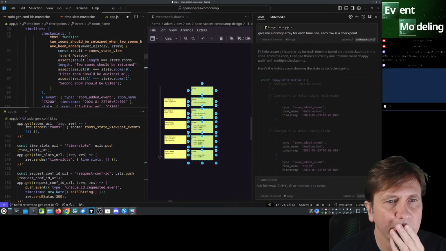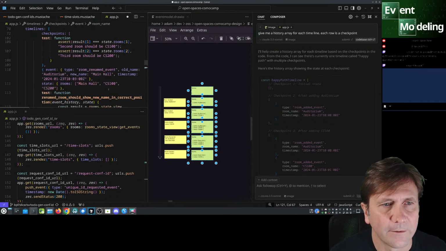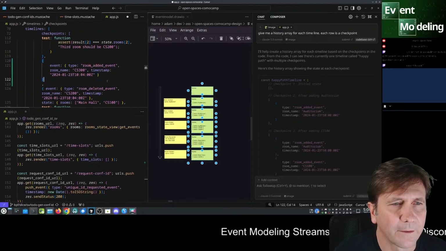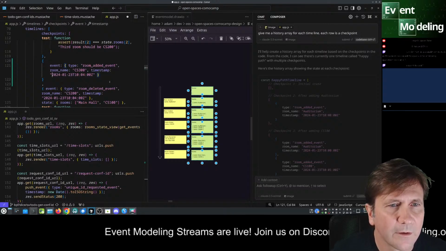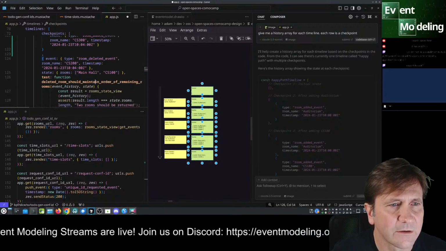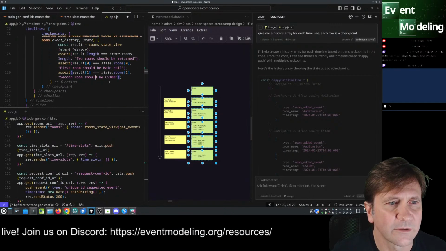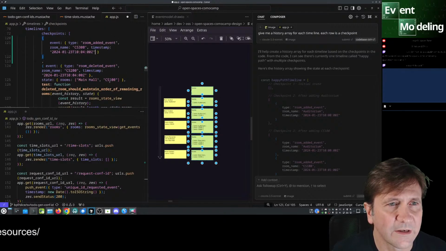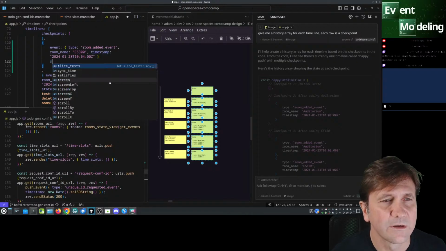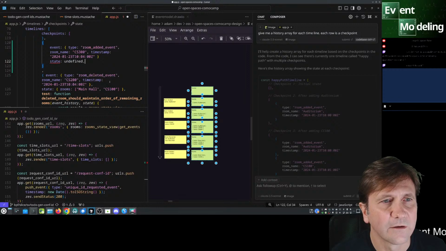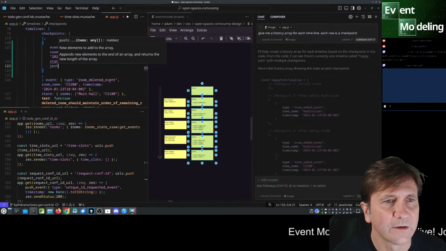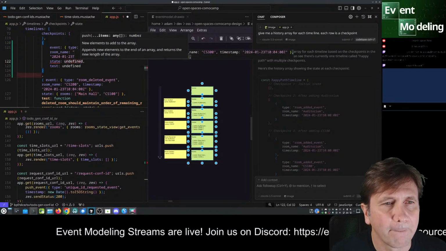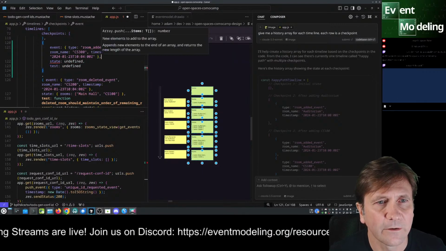Okay, so a third room. Okay, so let's add a third room. And in this case, there's no state. And there's no test. Room state and test is blank. So state undefined, test undefined. And we just need a comma here.